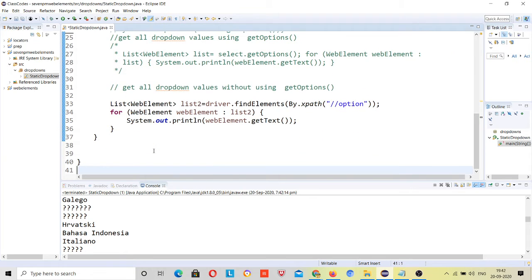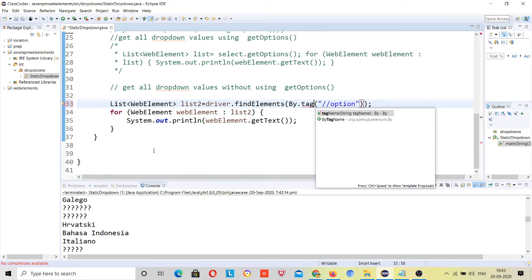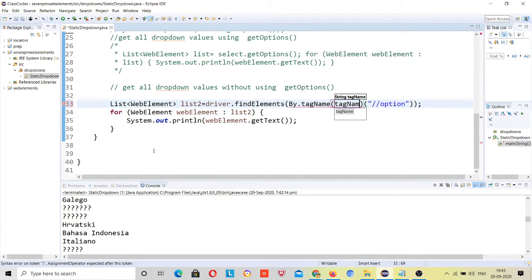Yeah, tag. Yeah, we can use it. You can use just that tag name. Locator, it's up to you which one you want to use, right? I have used this.